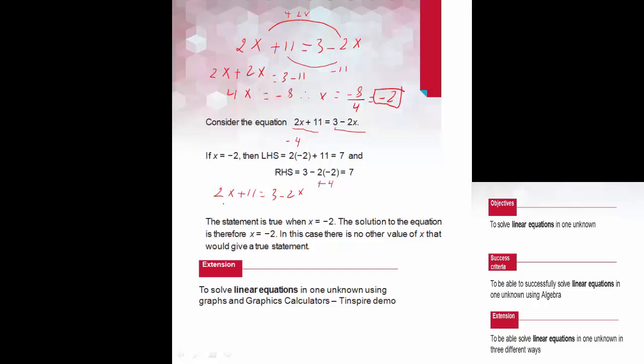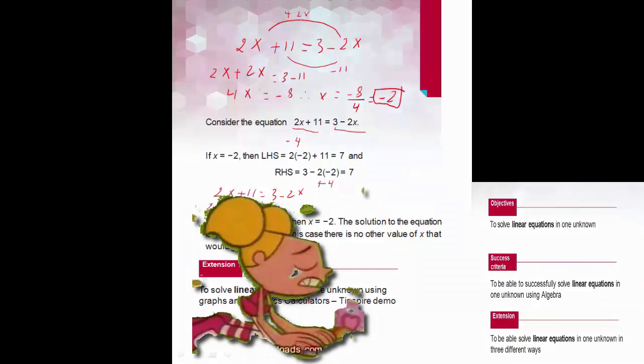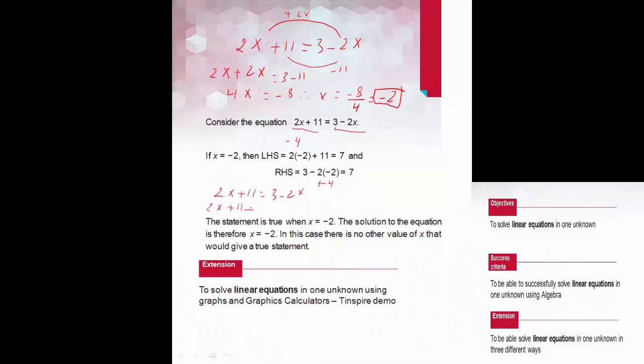Then what happens if we decide to get rid of the minus 2x? We have to add a 2x here. Then it becomes 2x plus 11 equals 3 minus 2x plus 2x. Those minus 2x and plus 2x cancel out, and then that will give us 4x